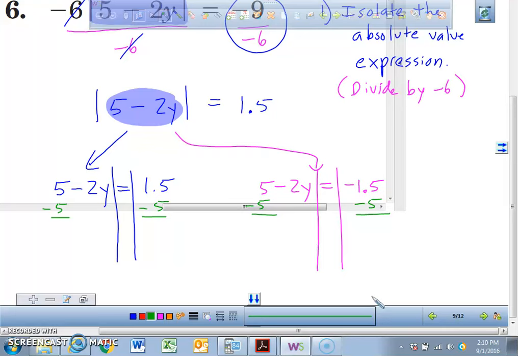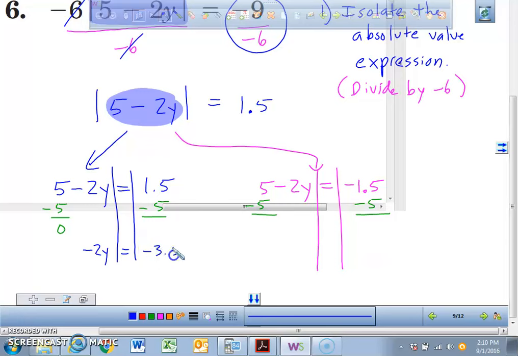Well, my class has left me, and so we still have this problem we're going to solve, just so that whoever watches this video will know how to finish it. Okay? So we subtracted 5 from both sides. So we get a 0 right here. We're going to bring down the negative 2y equals. Now we're going to do 1.5 minus 5. I think that's going to be a negative